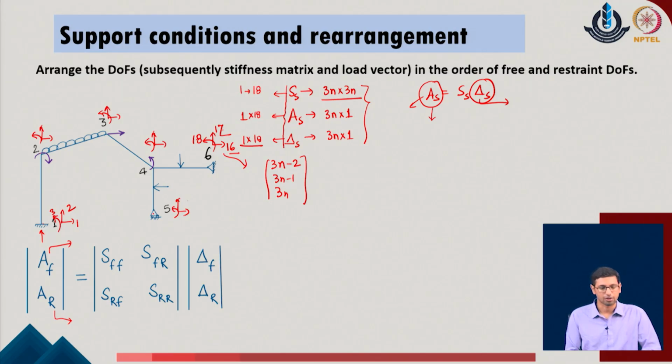Similarly, at the joint 5, when I come, I define here that there are 3 degrees of freedom over here. So, the realization is n value is now 5. So, it will come out as 15 minus 2, which is 13, 14 and 15 in the given problem. So, in the joint 5, I realize that there is 1 degree of freedom which is restrained in the given problem, which is the degree of freedom corresponding to the vertical translation, or 14 in the given problem. So, we finally locate that 1, 2, 3, 16, 17 and 14. These are the degrees of freedom which are restrained in the given problem.